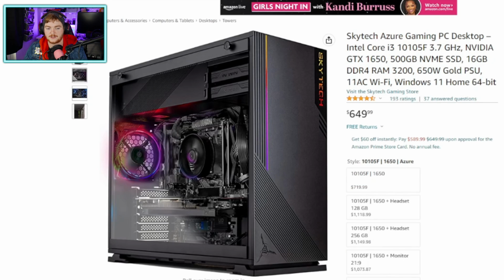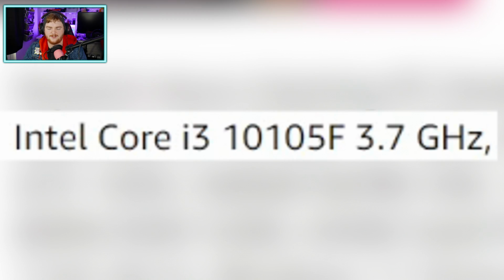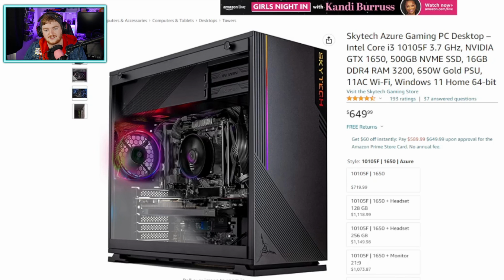Our first US PC, we're looking at a Skytech Azure gaming PC. It's got an Intel Core i3-10105F. I don't know if that's how you say it. That just sounds bad when it comes out of the mouth. This has a GTX 1650, 500 gig NVMe SSD, 16 gig of RAM, 650 watt power supply, Windows 11, all that good stuff. So similar to our low end on the UK PC, and price wise, 650